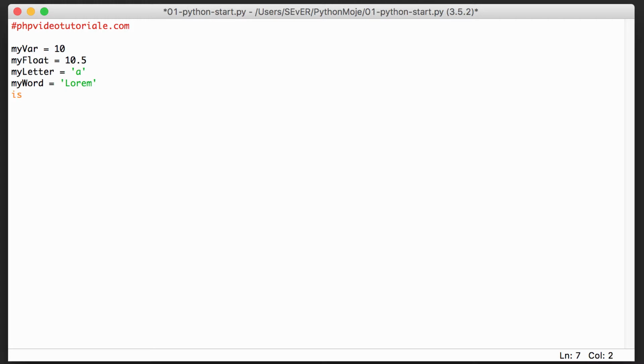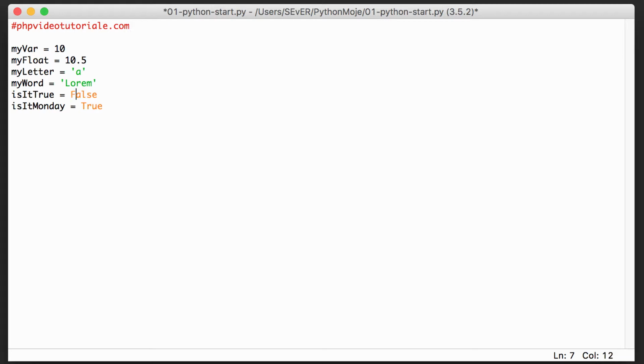And is it true? I'm going to give it false. Is it Monday? True. However, today is Tuesday, but let's say today is Monday. Is it Monday? Boom, true. That's the Boolean. It's a logical kind of type.